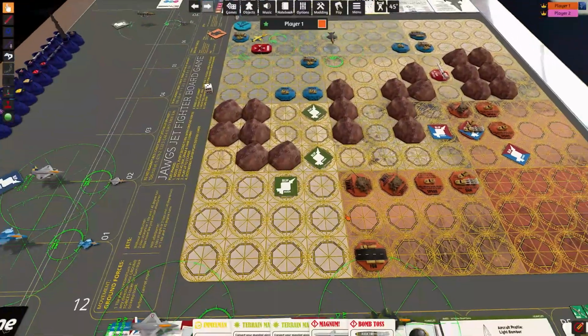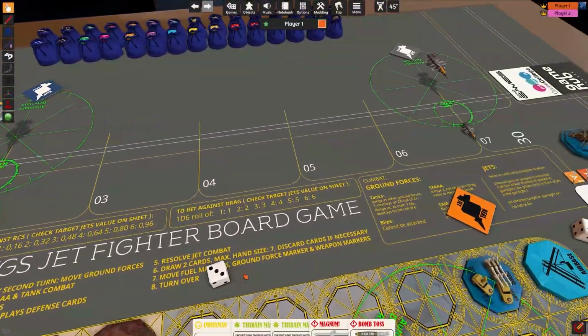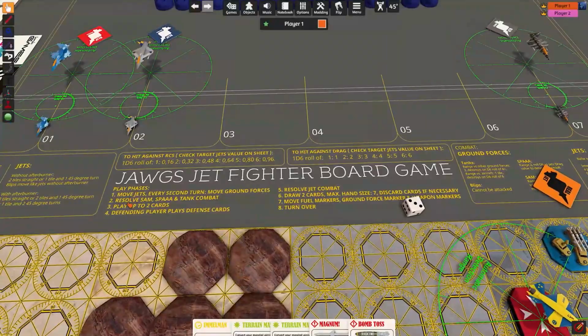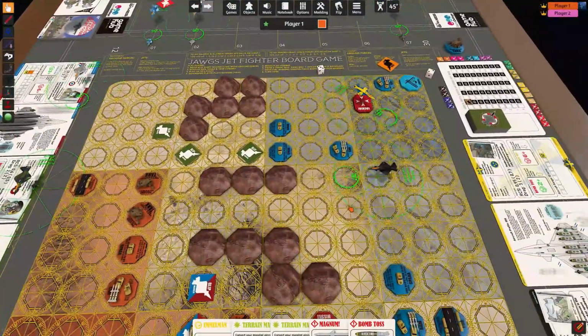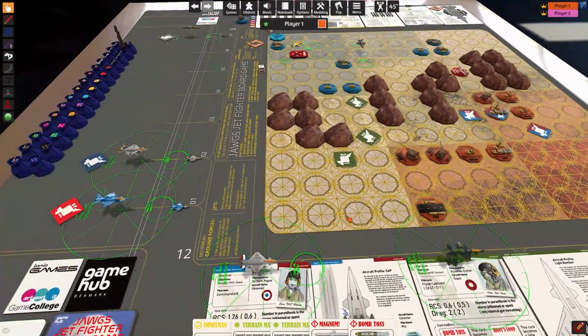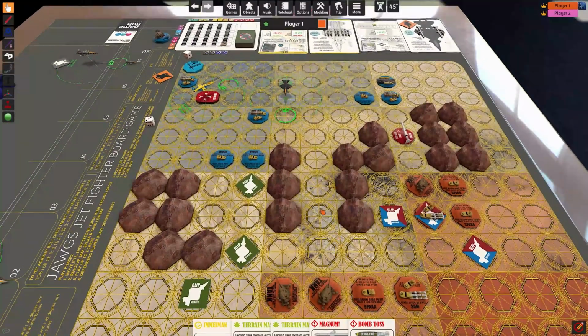So that's probably what I can do so far. As you can see here, resolve jet combat. I've already done what I can. I have played my 2 cards, but that doesn't mean that I am fully out of options. I can play or cause damage using my jets. But I would need my jets to be revealed, and just to